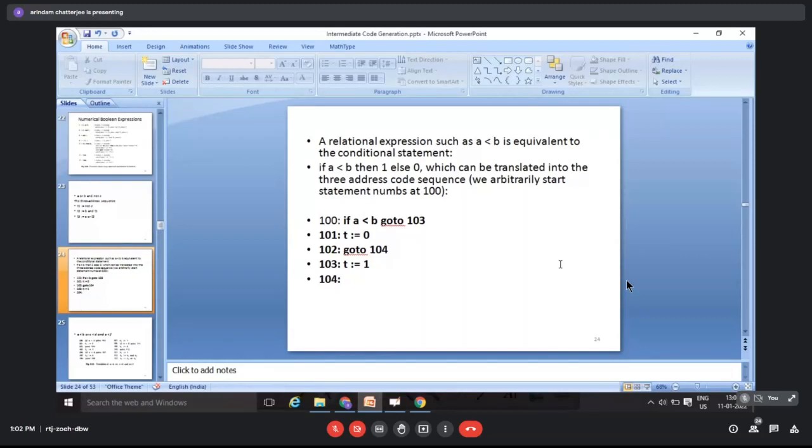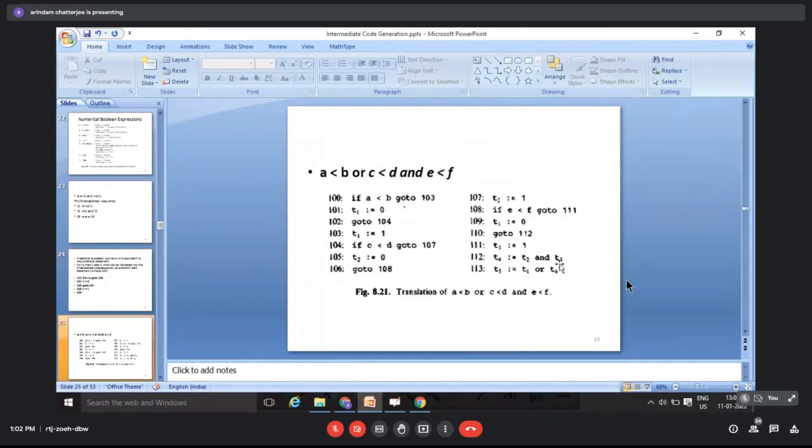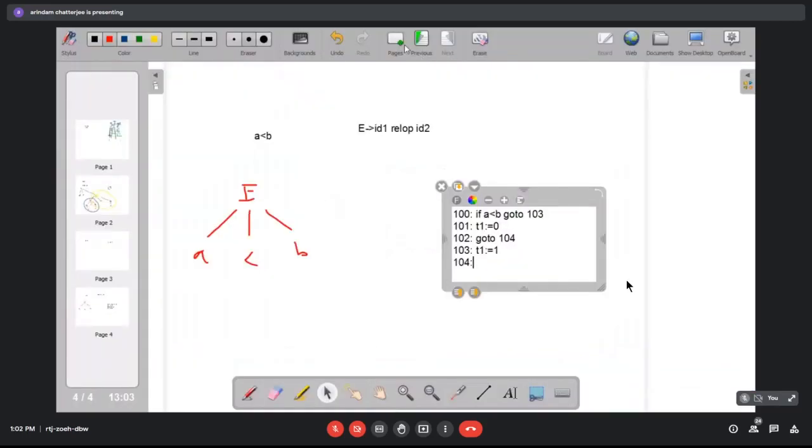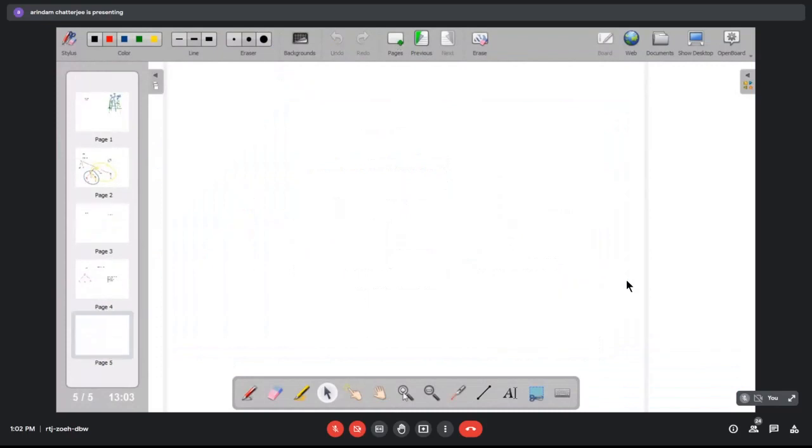You can see this is how it is done for the relational expression, which is consisting of relational operators. Now let us look at this complicated example: a smaller than b or c smaller than d and e smaller than f. We'll come back to that example many times. So we have